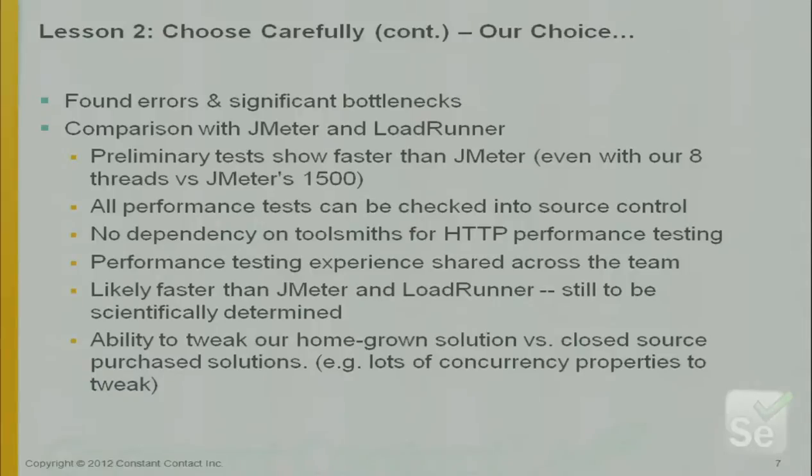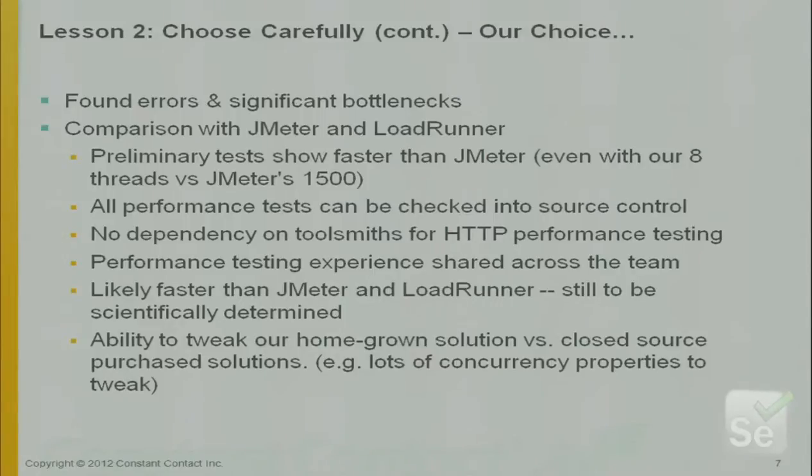So we did some anecdotal tests. When it had 8 threads going, in JMeter it had 1,500 threads. When you configure JMeter, you configure the number of threads, which are the number of requests. And it was just as fast, if not a little bit faster than JMeter in some of the anecdotal tests that we did. I'm not really interested that much in racing other tools. So I never did real scientific tests on